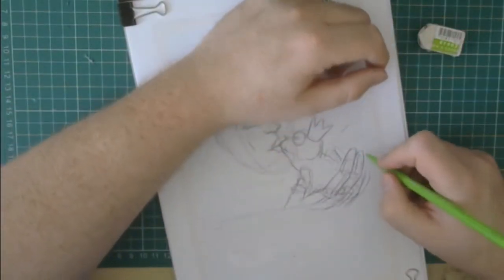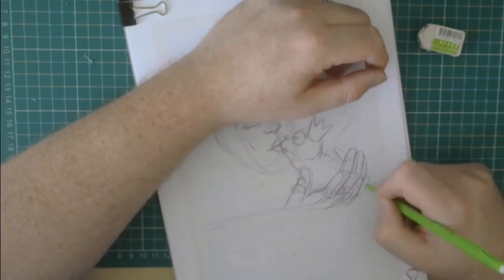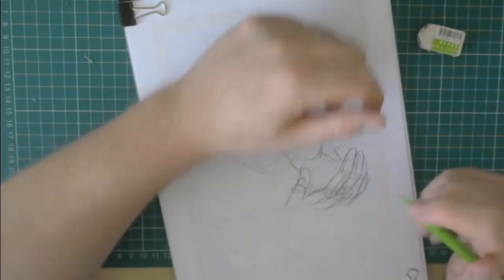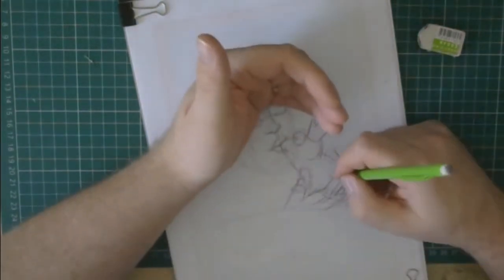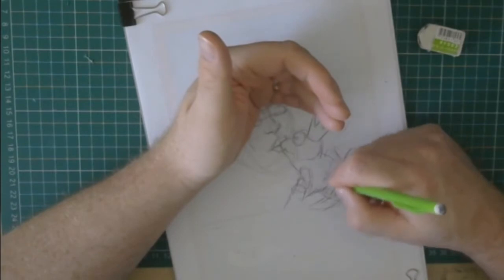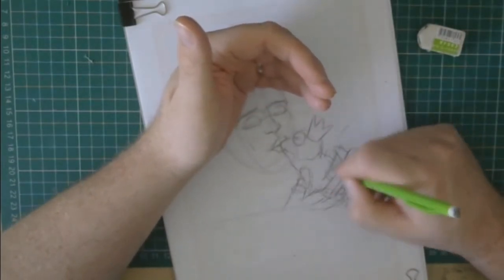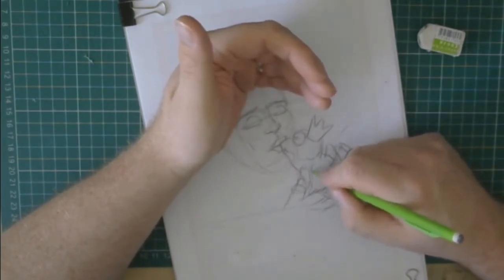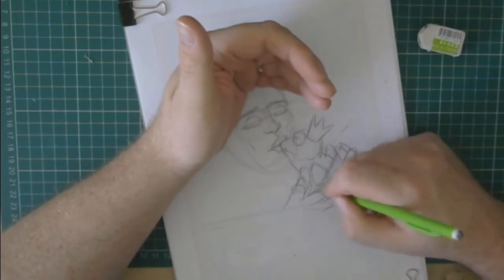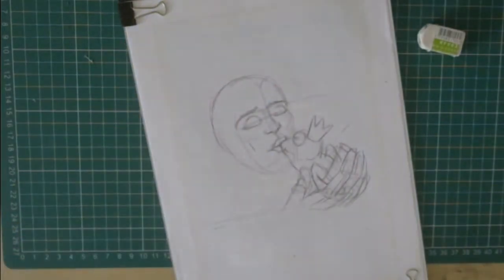Just something like that. It's not too bad. And I think we can probably have her fingers, the rest of her fingers, peeking around like that. We'll just block that area off. That bit's going to be her fingers. That's his leg. He's got another leg here, which...